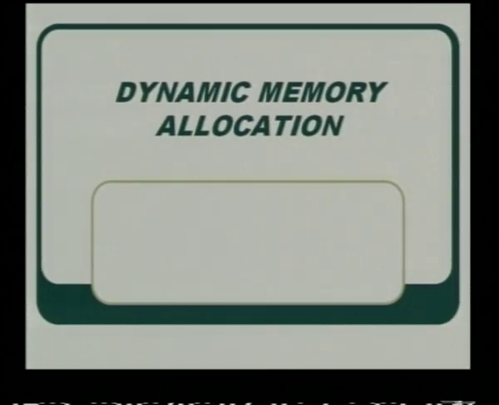Next we move to dynamic memory allocation. Now there are two types of memory allocation in C. One is static, one is dynamic. Static is nothing but once you allocate the memory, you do it even before you know how much memory is actually required. If you say integer, you are just giving them 2 bytes. If you say double, you are just giving them 8 bytes. You actually never know whether those 8 bytes are ever used in your program. But it is simply allocated and it remains like that.